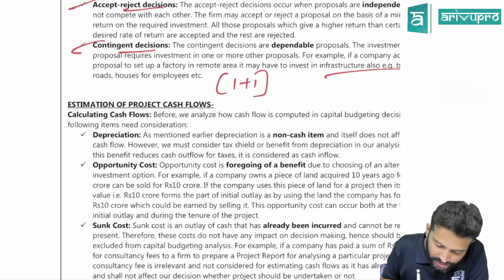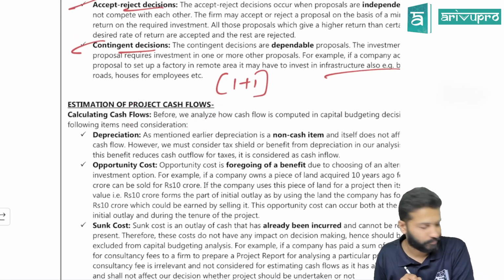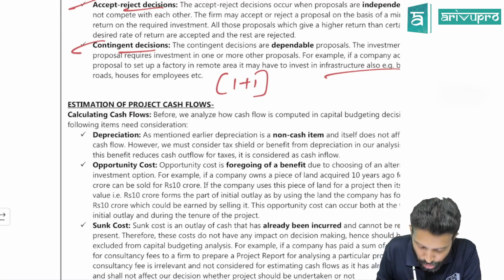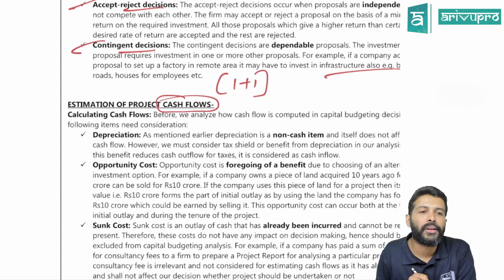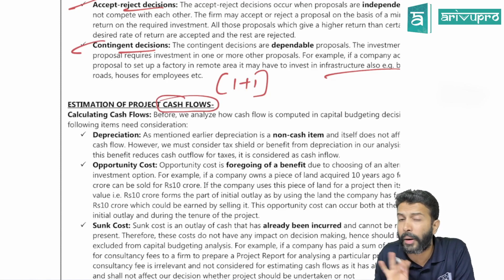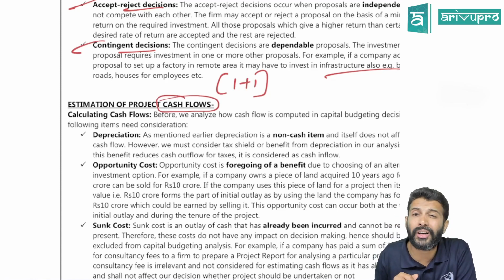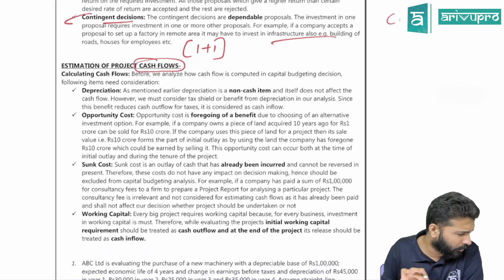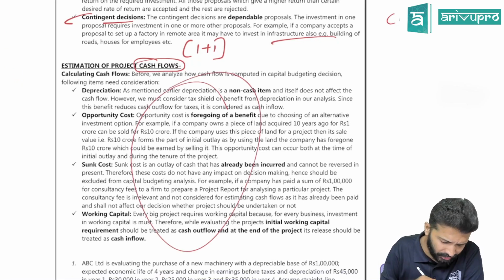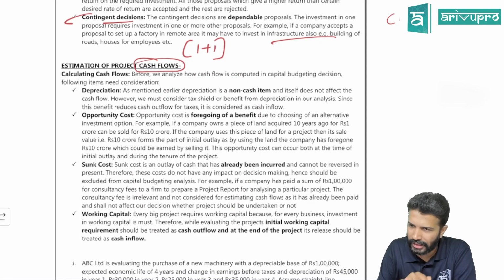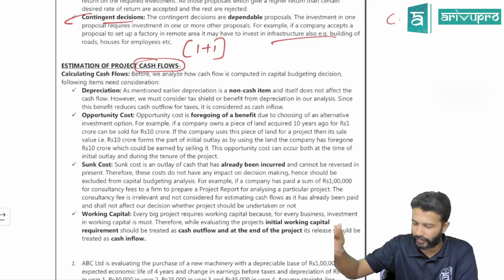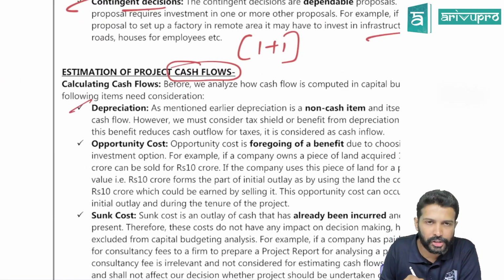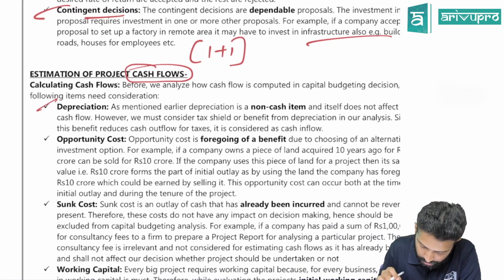Okay. Estimation of cash flows. For your capital budgeting decisions, you need to find out something known as cash flows, not earnings. We don't want profit. All these decisions are based on cash flows. There are a few things in detail, we may not go into. Problems will cover everything. One quick review I'll just give for each of them. In detail, as and when we cover the problems, we will spend time. One, on depreciation, you need to consider the tax shield. Somewhere they would have given it.